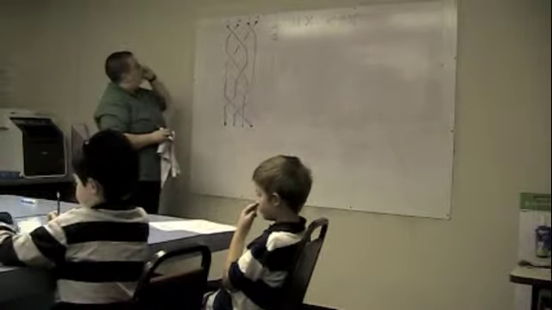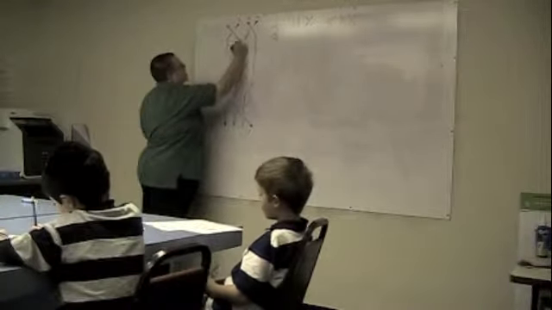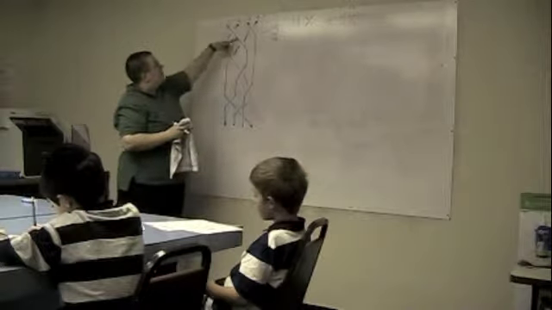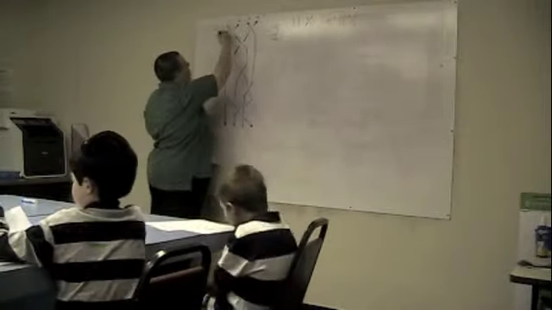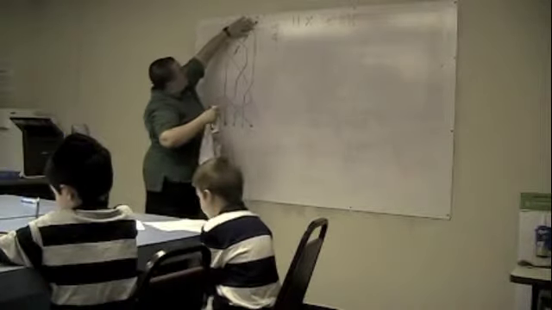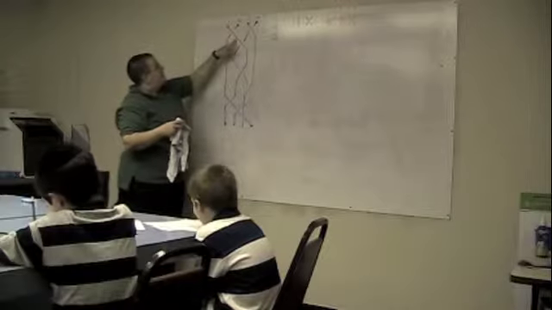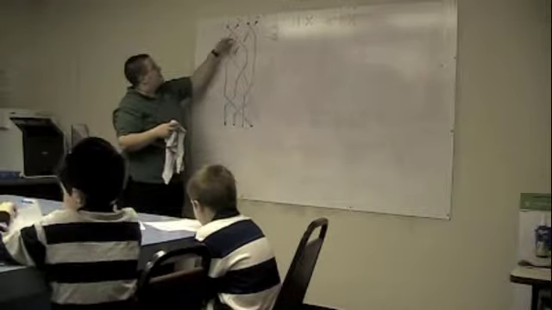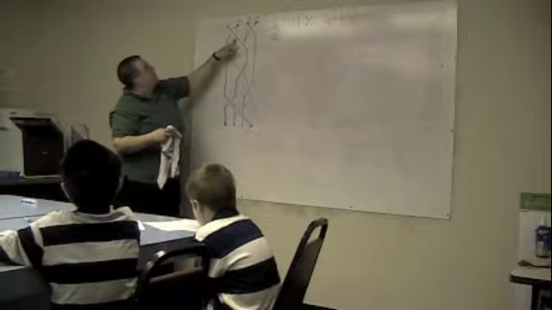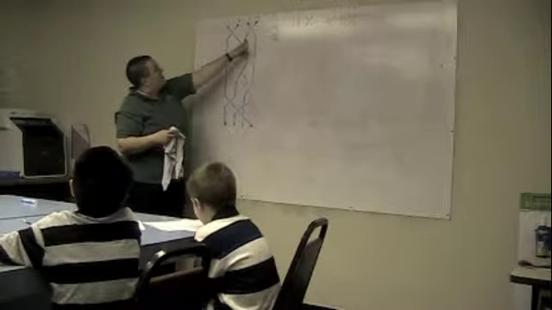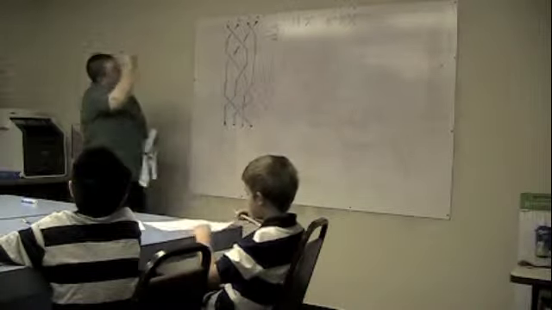Okay, now down here, this one's a little bit confusing. Even though this is really the first string and this is really the fourth string, if I look at it where it is, I ignore where it came from, I just look at it right here. Right now, this isn't the first string anymore. Which string is this? That's the second, and this one is the third. So it's the second and third string. So what will we call that one?